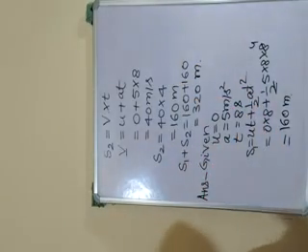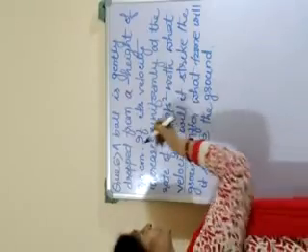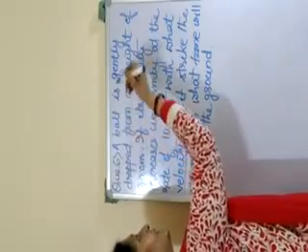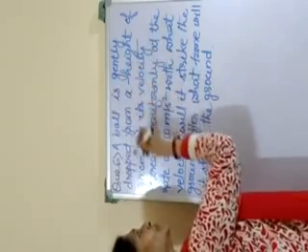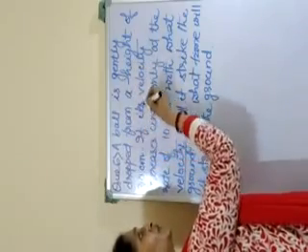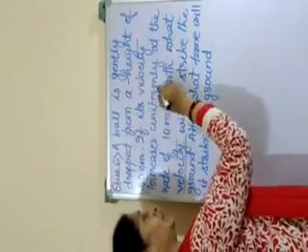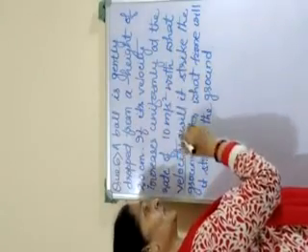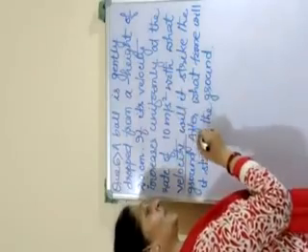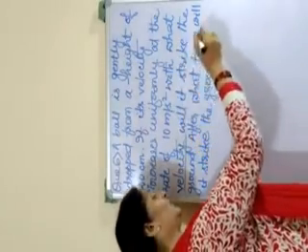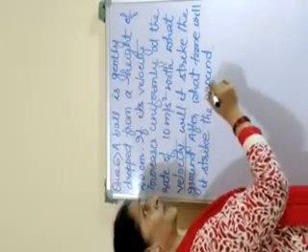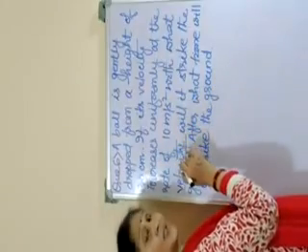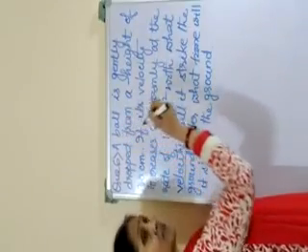Now come to question number 6. A ball is gently dropped from a height of 20 centimeter. If its velocity increases uniformly at the rate of 10 meter per second square, with what velocity will it strike the ground? After what time will it strike the ground? You have to find out the velocity with which the ball will strike the ground and the time taken to